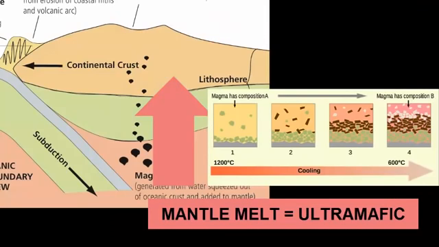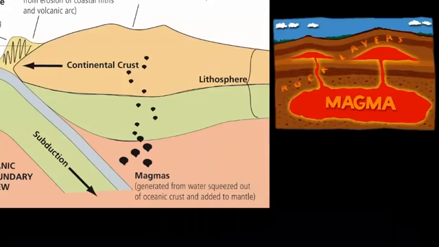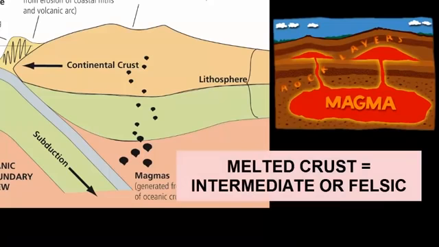A larger travel time with low magma supply provides more opportunity for crystal fractionation. So intermediate and felsic rocks tend to form where magmas rise through thick continental crust, like at continental margin subduction zones. The second way to get a magma of a more evolved composition is to melt the crust, which produces